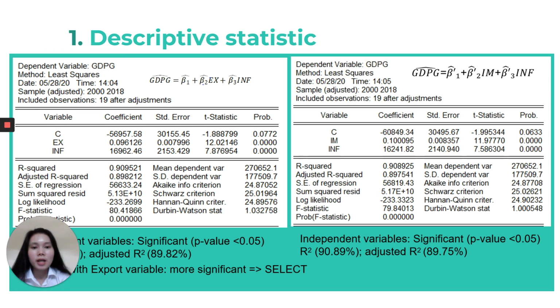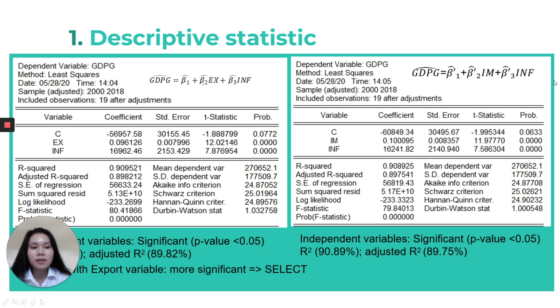We transform the dependent variable GDP to GDPG, the absolute change in GDP, and drop import out of the model to make it more significant. To explain why, looking at the result of the estimated equations, we can see that all independent variables